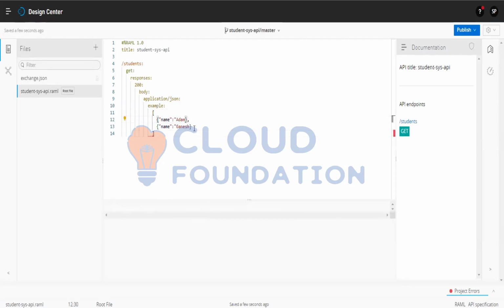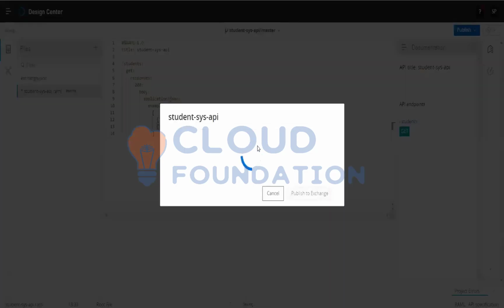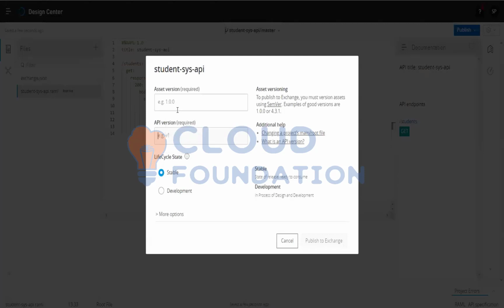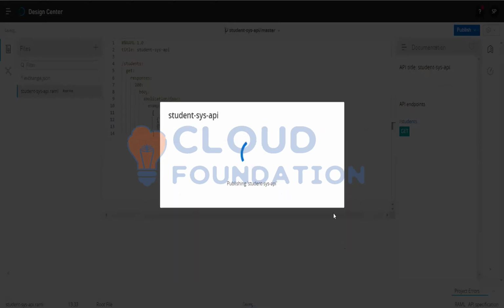I will close this. And I want to publish this API to Exchange. So I publish it to Exchange, with the initial version 1.0.0. Once you publish to Exchange,